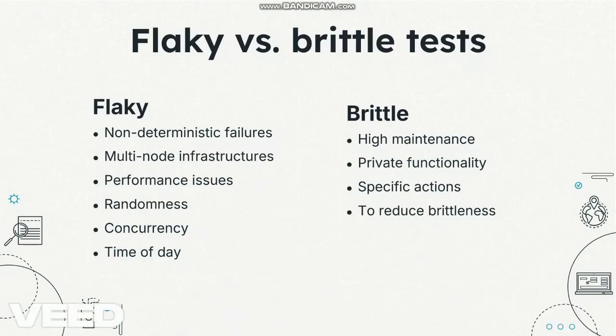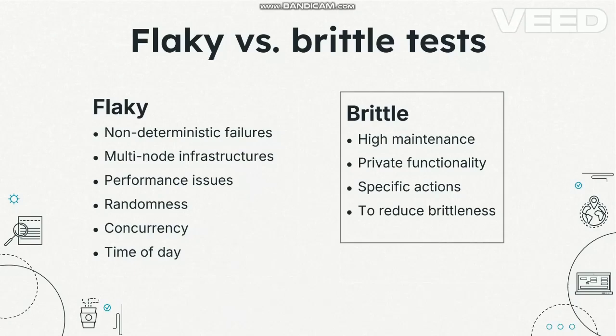Brittle tests are another significant challenge in software testing, as they are highly prone to break with even minor code changes. These tests are often referred to as high maintenance because they need constant updating, especially when any internal details of the software change. Brittle tests usually check private parts of the code. Because of this, they are delicate and quick to fail even if there is a slight change in the